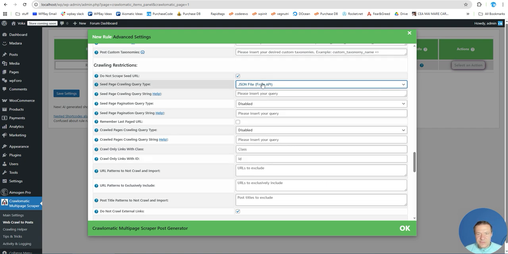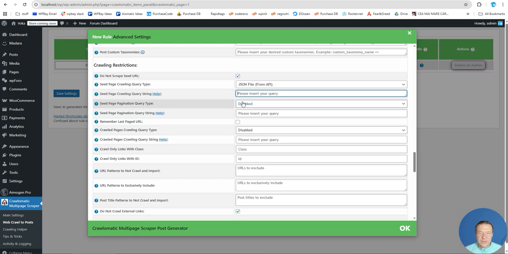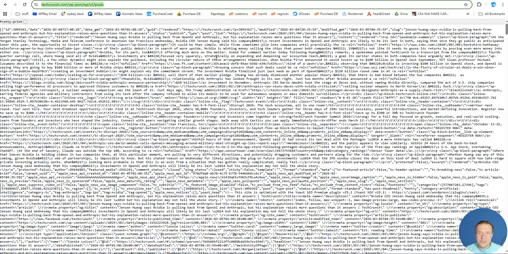And if you leave it like this without adding a query string, then the plugin will automatically detect all links from the API response. If you want this, you can leave it by default, or if you don't want to auto detect all links but you want to filter which links you want to crawl, then you can go in